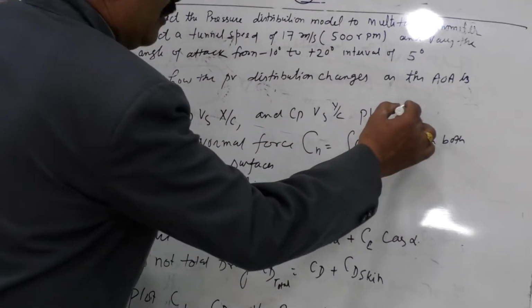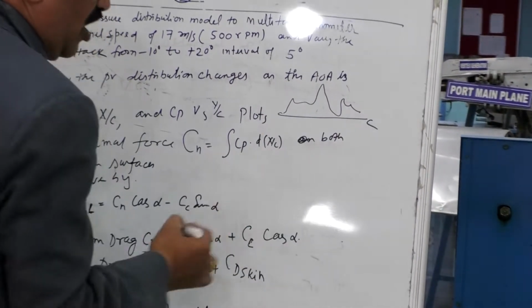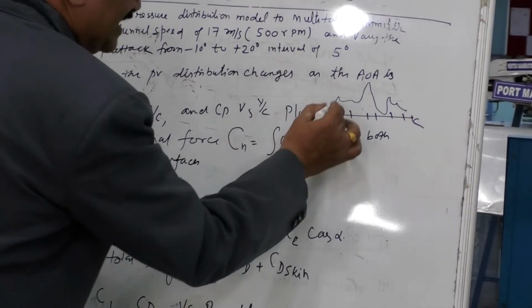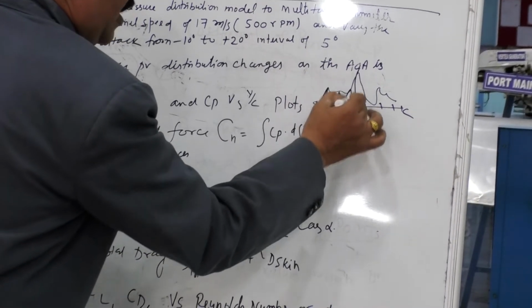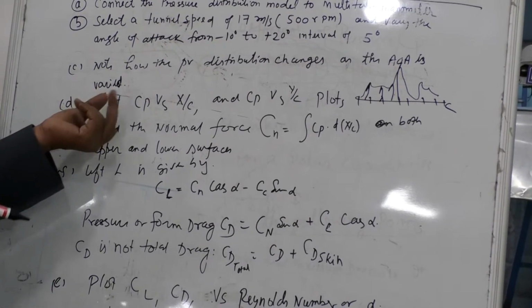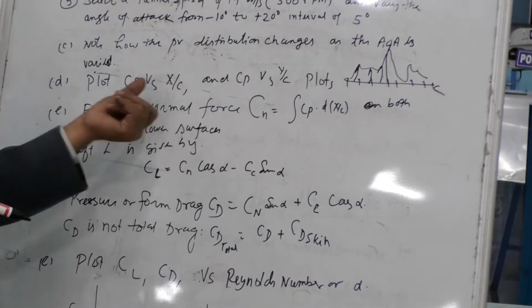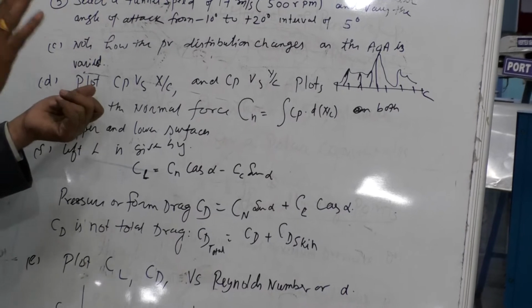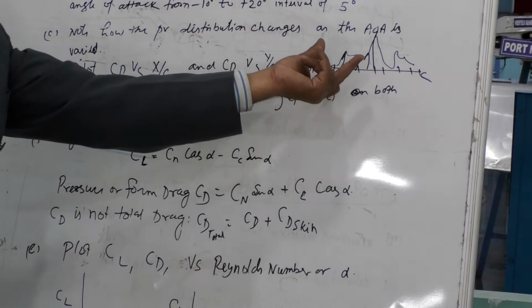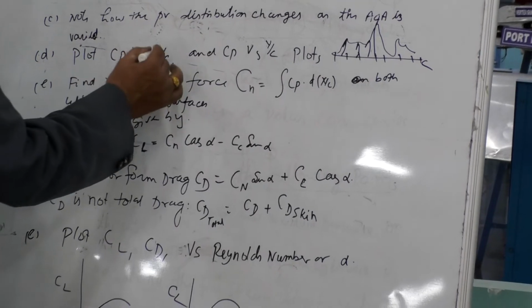You might have seen that the pressure variation is shown like this, and this is the chord length. So as per the hole, the pressure is varying. So here we can see how much pressure is here. This type of variation you will observe in the experiment. Now plot the coefficient. From here we will find out the Cp, and this Cp will be the pressure difference, P1 minus P2, divided by half rho V square. From there we can find out the coefficient of pressure, and this coefficient of pressure versus x by c.